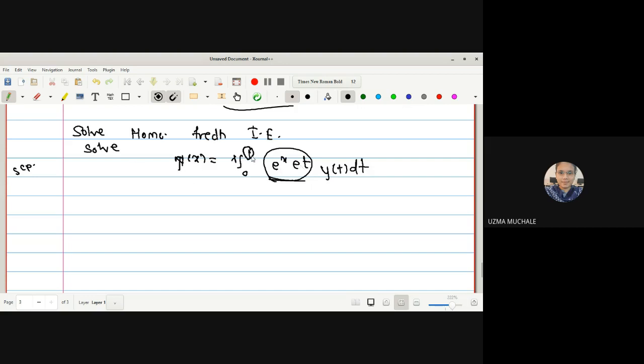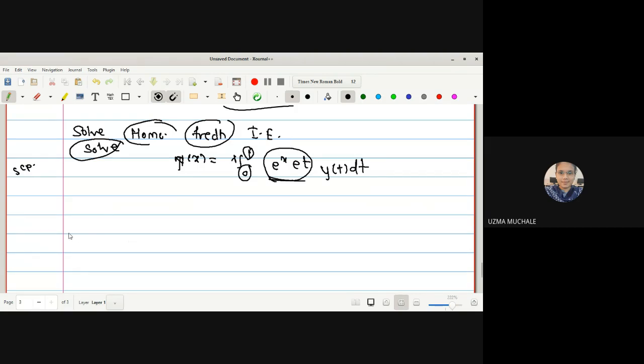So you will be confused about which kernel should be used, which method should be applied, and which equation this is. If you see that the upper and lower limits are given, then it is nothing but your Fredholm. And if f of x is equal to 0, it is homogeneous. Then we can solve this equation after verifying the type of kernel. Depending on the type of kernel, we have a different method to solve any integral equation. So if the question is simply solve, it is difficult. If it is given that solve the homogeneous Fredholm integral equation, half the work is done, because you can now verify which method should be applied.